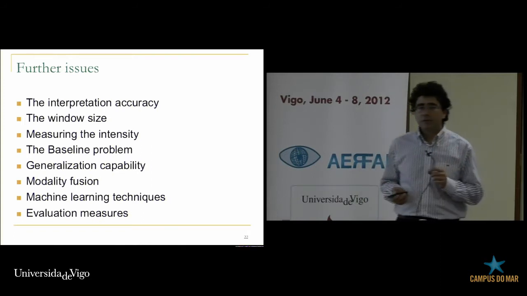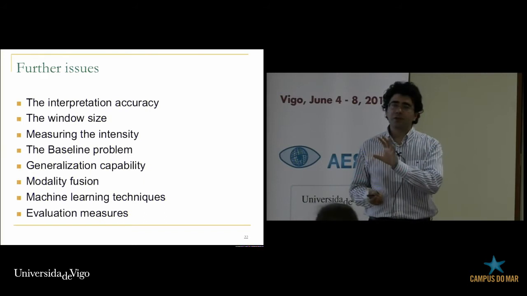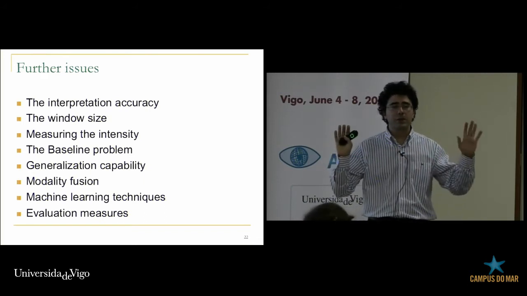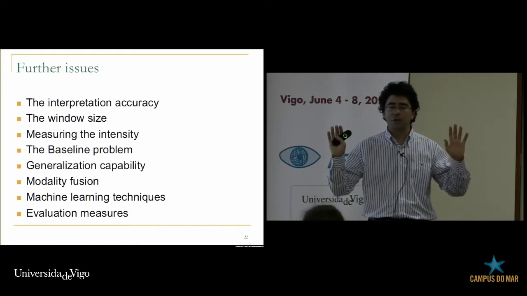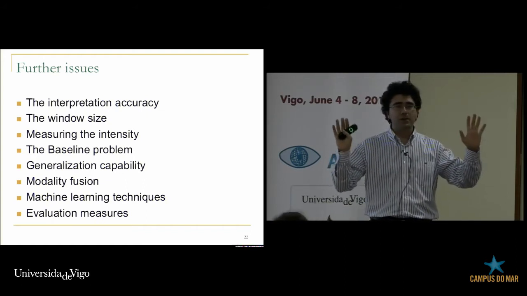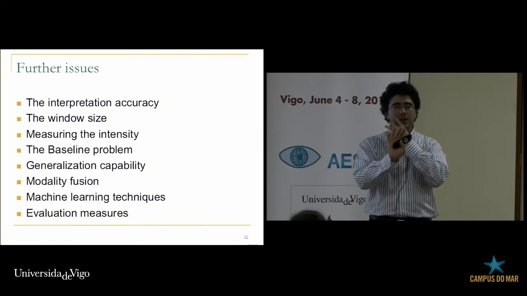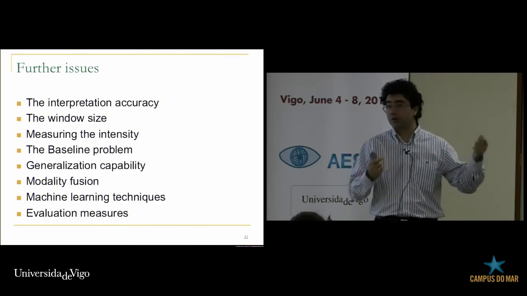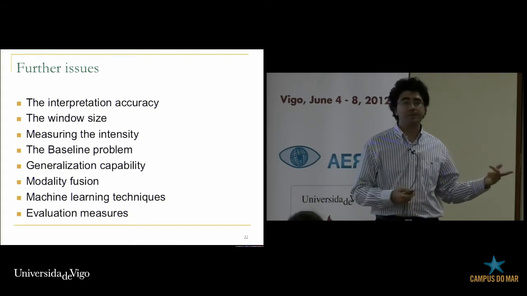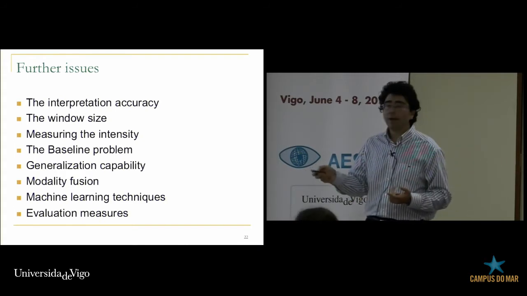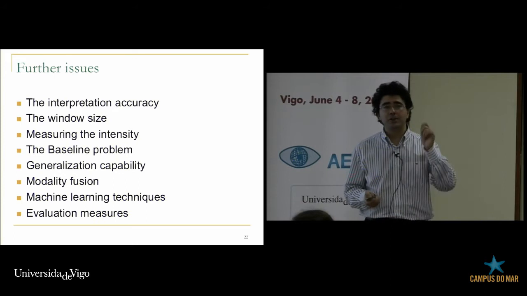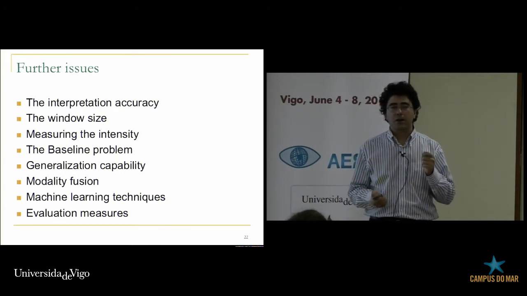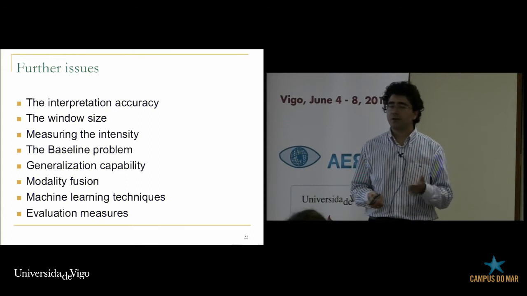Usually when we measure an emotional expression, when we do classification, we compare the emotional expression with a neutral face, right? You have an expressive face, you compare it with the neutral face, and you say, look, the mouth corners have moved upwards. That must be a smile. So you need a baseline. If I give you a single image with a smiling person, how are you going to understand that the mouth